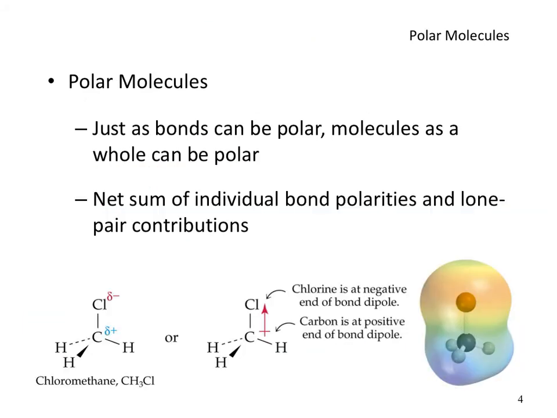All right, so I introduced this term bond dipole, which causes a bond to be polar. And if such a polar bond is present in a covalent molecule, there is a good chance that that particular molecule is going to be polar as well. But there is one other feature that you have to test to be able to make a call whether molecules on the whole are polar or not. So there are two different things. One that we called a bond dipole,